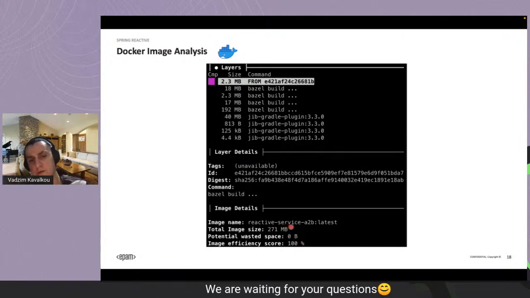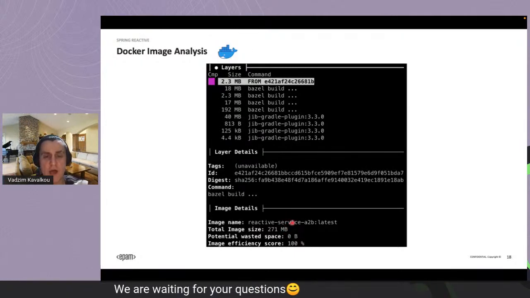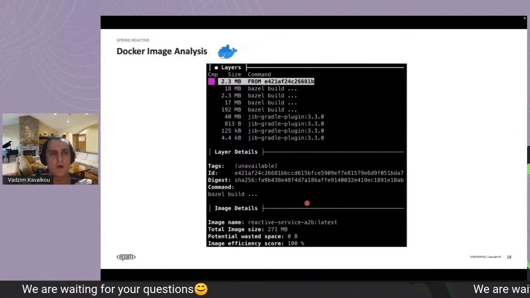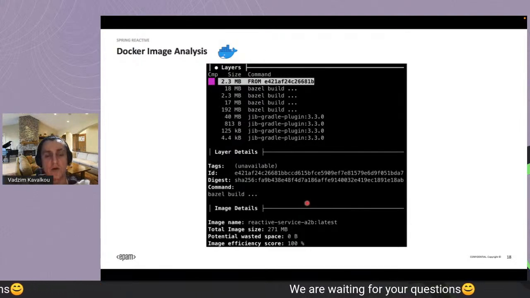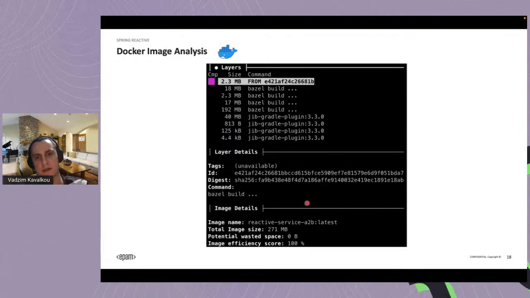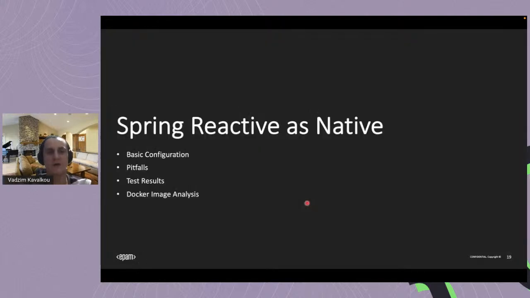It could be an interesting one because on Quarkus I've chosen different solutions such as UBI or Dockerless as well, but on Quarkus it's an experimental one. So I'll talk about it next week. What about the Spring Reactive as native? And Spring Reactive as native